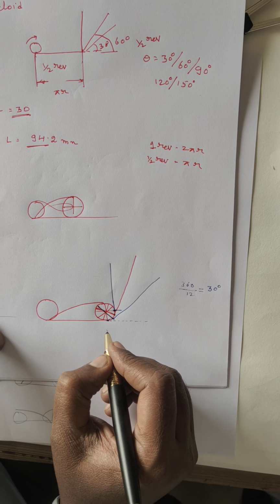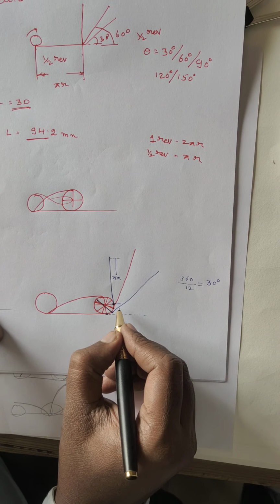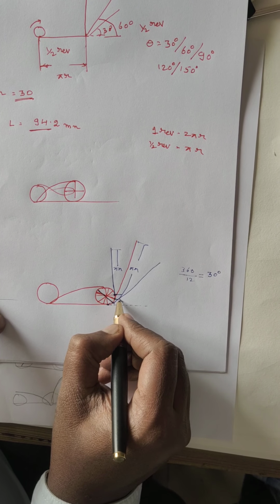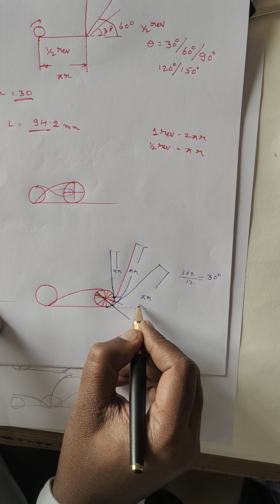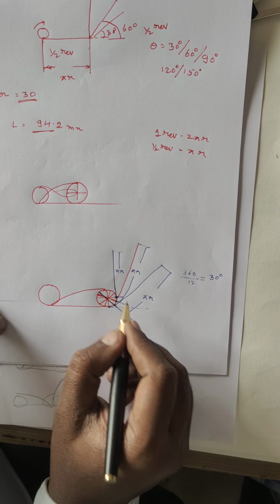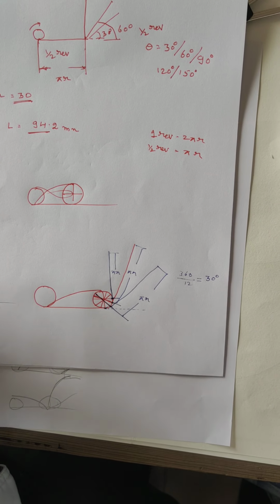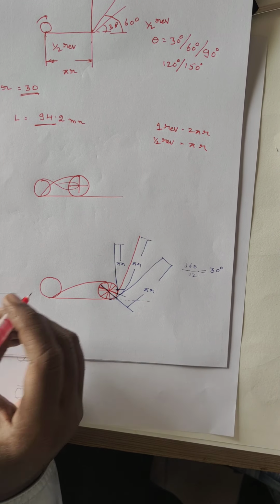This is the starting for directing, and we have to take pi r from here. In this case, this is the starting, and this length we have to consider as pi r. If it is a 30 degrees case, this length we have to consider as pi r. Is it clear to you? So depending upon the angle, we have to choose which point we have to consider for the starting of directing. Very simple. Again, I am going to give clearly.